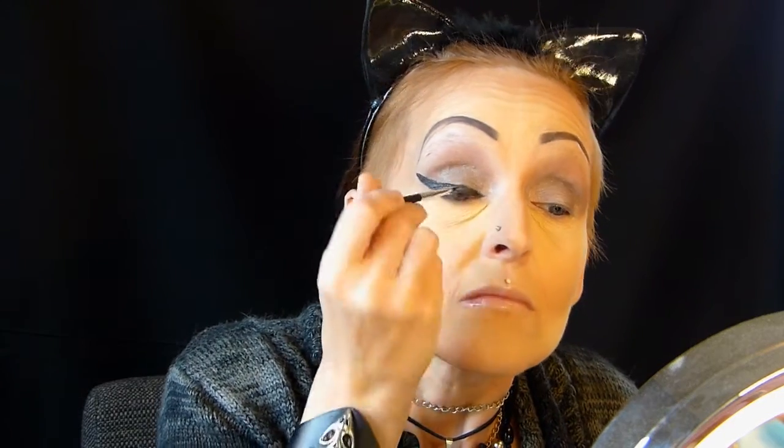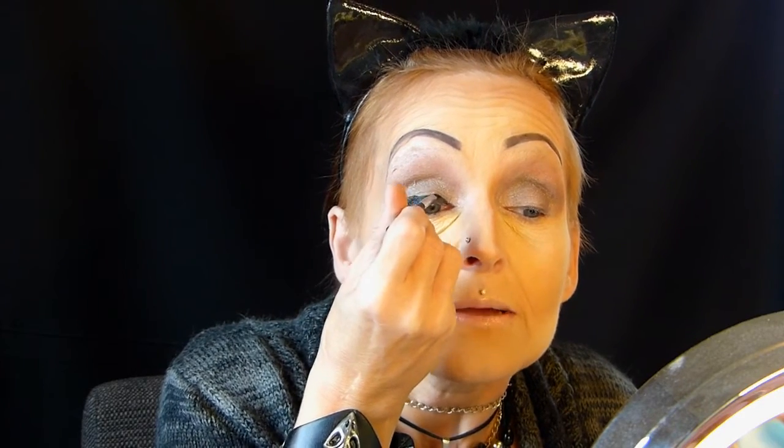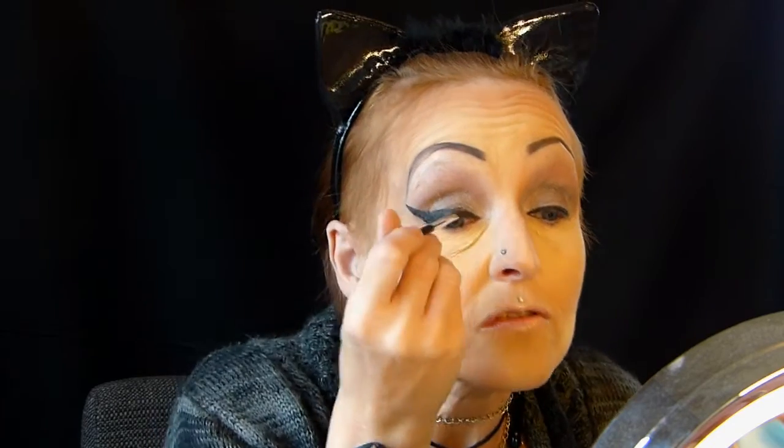So I'm gonna make a very high line towards the tail of the brow, and I am making it huge. As you see, that is a huge wing. It's gonna be almost my entire moving eyelid. And on the inner corner, I'm gonna drag it very low too, but I will do that after I've taken away the baking powder, the banana powder. And as you see, I start by filling in as close to my lashes as I